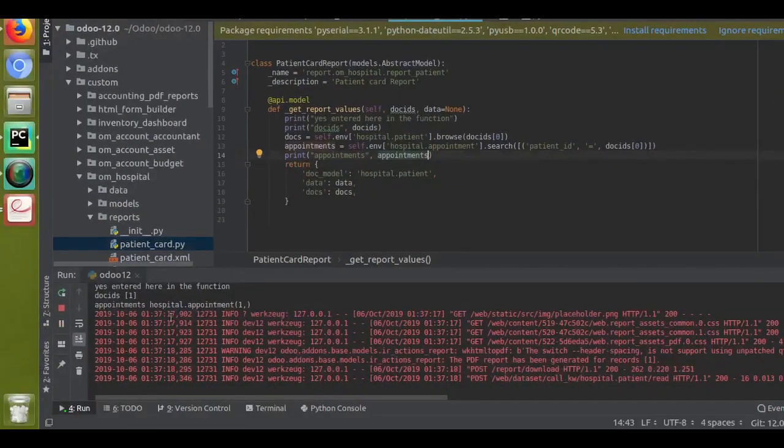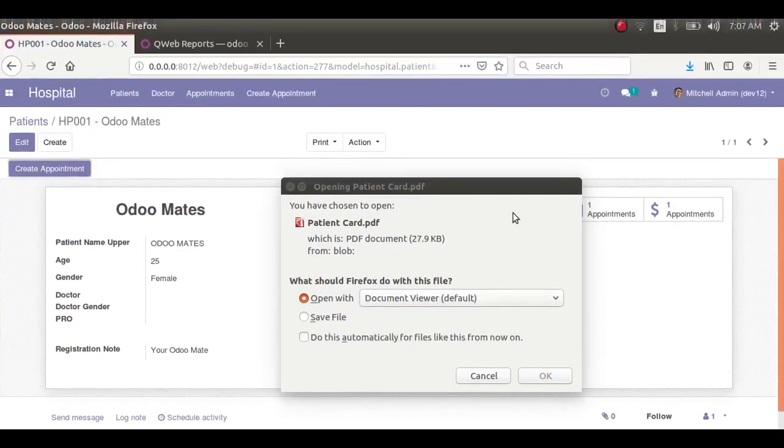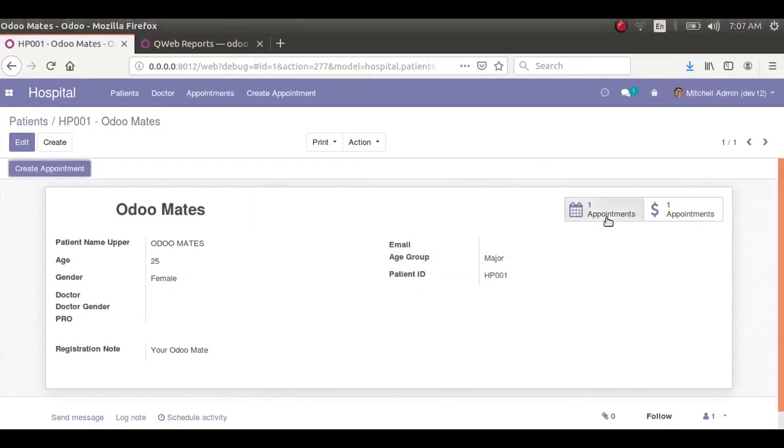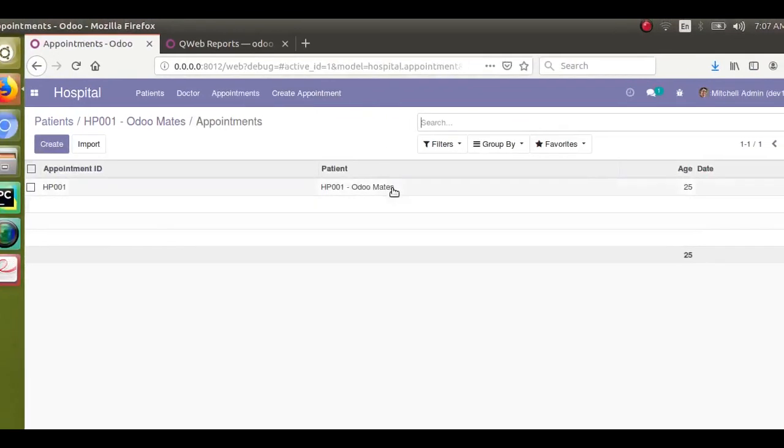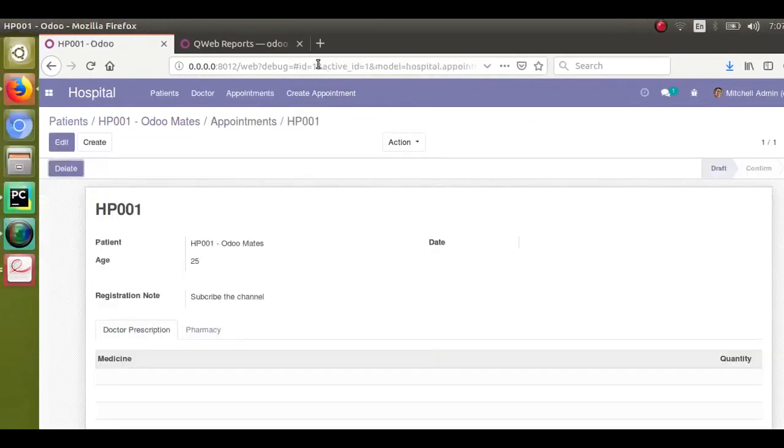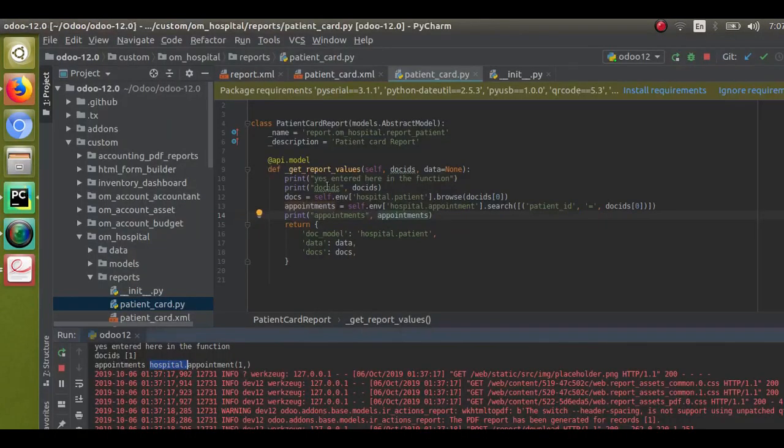You can see appointments, we are getting one appointment with the ID hospital.appointment of 1. So that was the appointment you are seeing here. Let's see the ID. You can see the ID is 1. So we are getting these appointments inside our code. Then we have to return this appointment to the